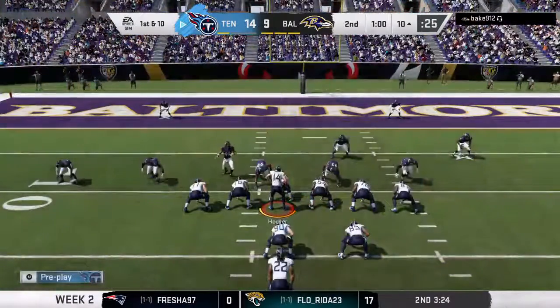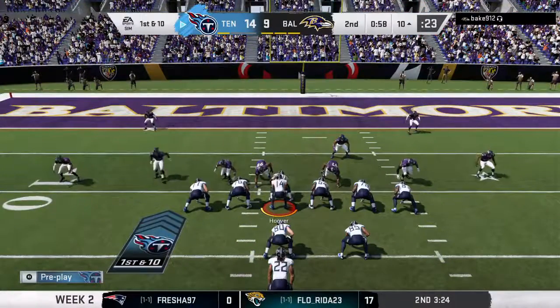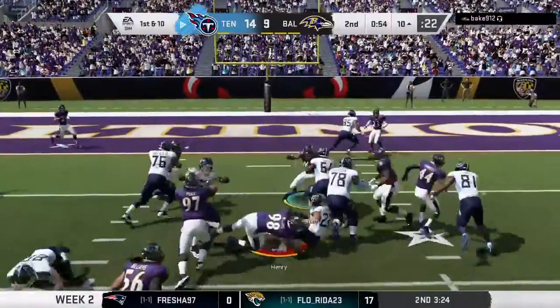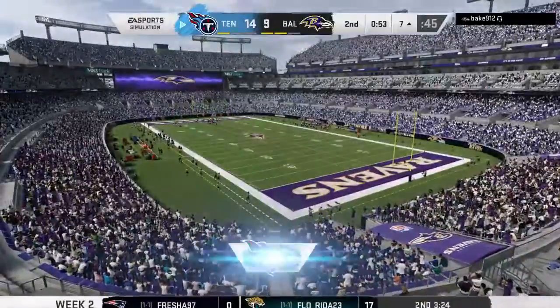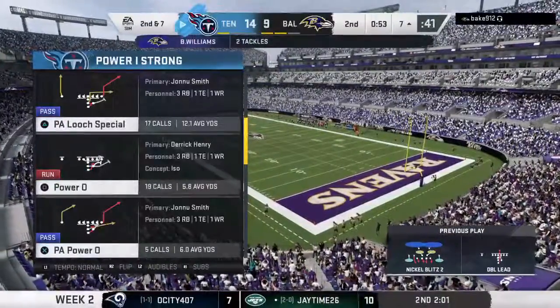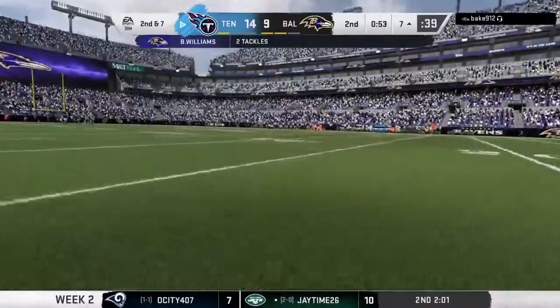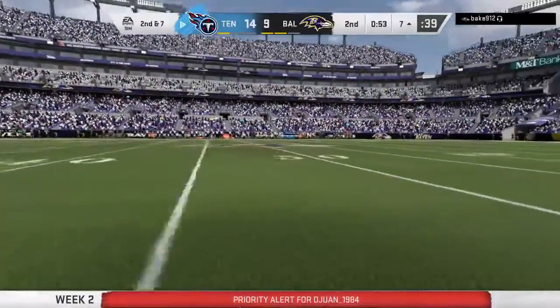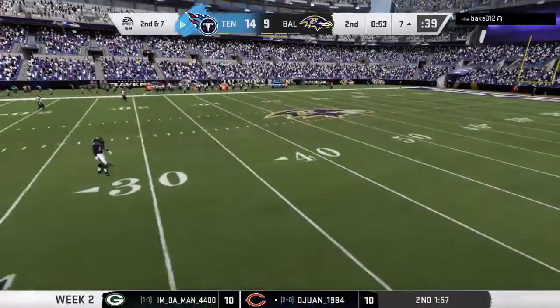A first down carry for Henry. And he will maneuver his way down to about the 7. Now the Ravens going to use one of their timeouts as they get the stoppage with a little over 50 seconds to go in the first half. At the 7-yard